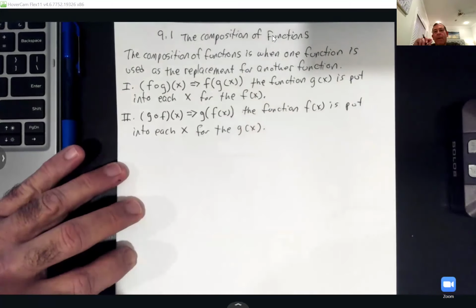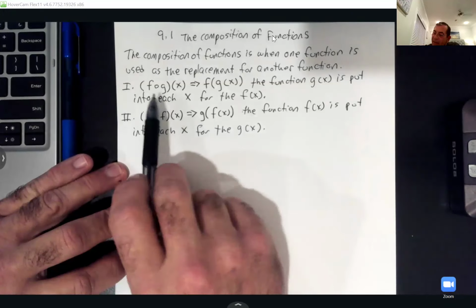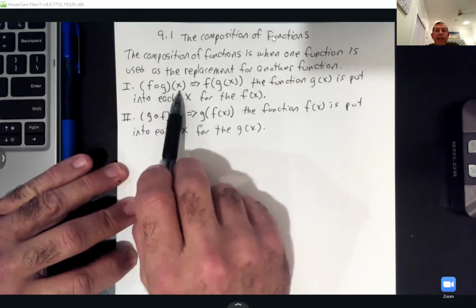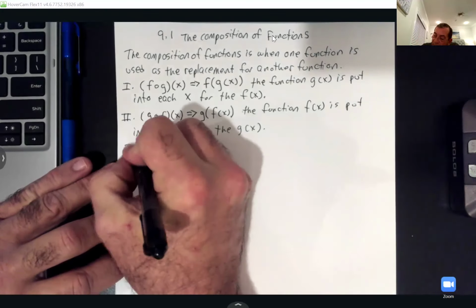Now, we're going to start out, they're going to give us numbers here. So they might say find F of G of 7 or whatever number. So if numbers are given,